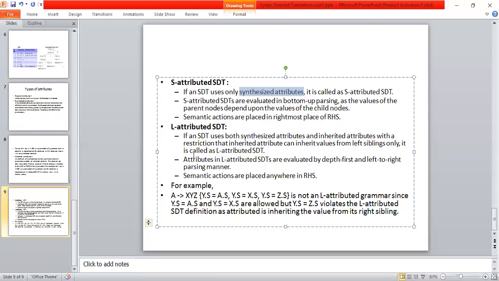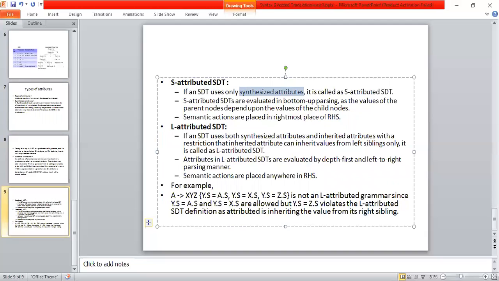This L attributed grammar traverses the parse tree in a depth first, left to right direction. For example, here I have an expression A tends to XYZ. This Y is evaluated from its parent node, and this Y is evaluated from its child node X, and this Y is evaluated from one more child node Z. So this is called inherited attributes.